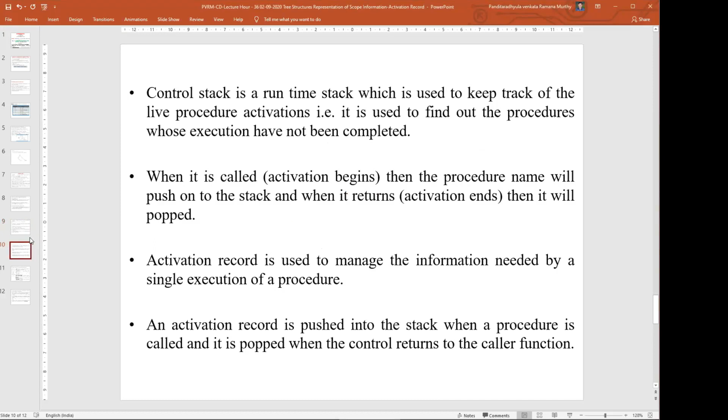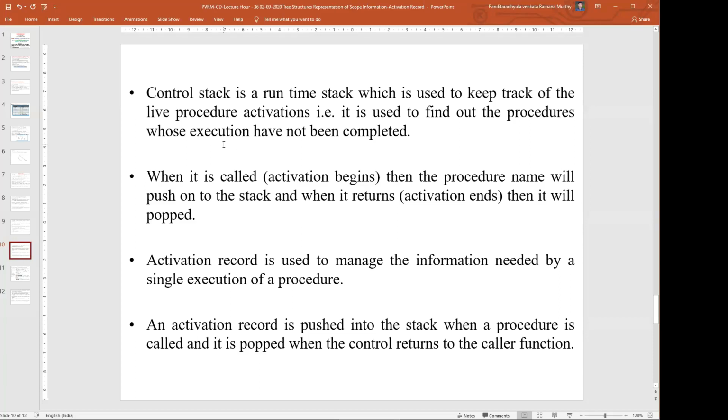Whenever we call any particular function, we also identified uses of a stack, as part of the data structures subject. One of the uses of the stack is for controlling the function procedures. Even when you are moving from one function to its child function and to its child function, we are using the stack in order to control the program.